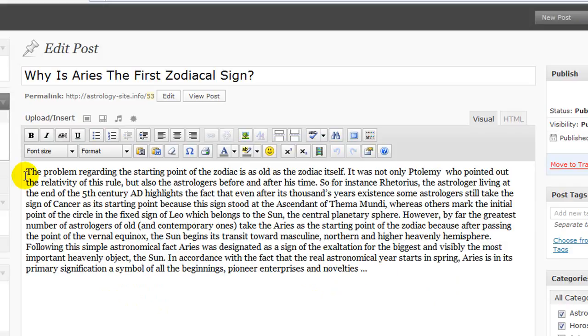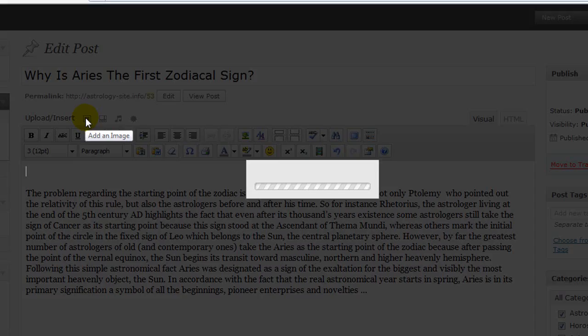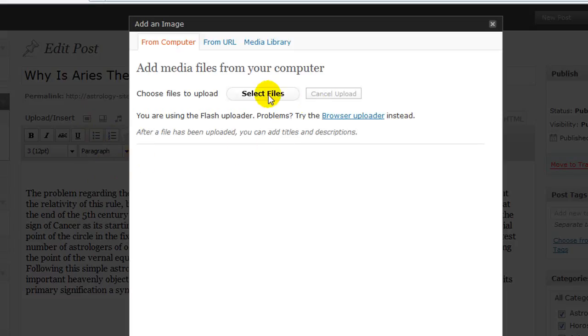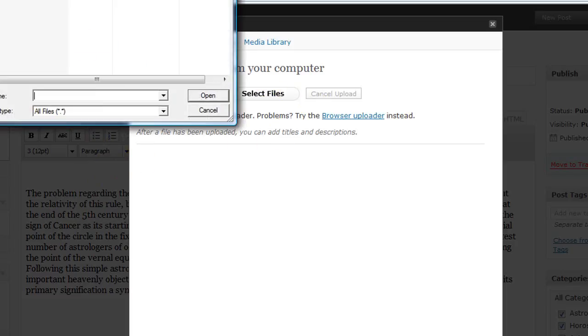I'm going to put it right at the beginning of the post like this. So you go up here to upload insert. You got video and you got image, add an image. And it will take you here to select a file, and then you'll browse. I have it on my desktop,